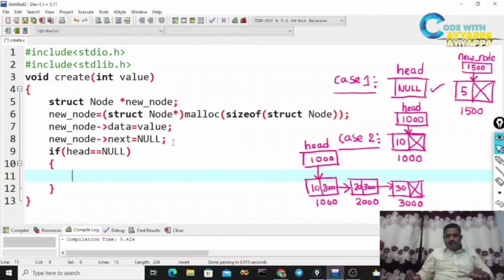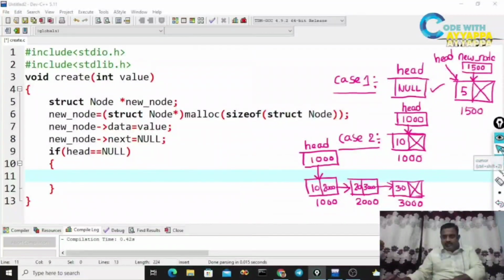Empty means what do I need to do? Whatever newly created node this is, this node will be the first node in the linked list. Head is going to point to this node only. This will be the head of the linked list.